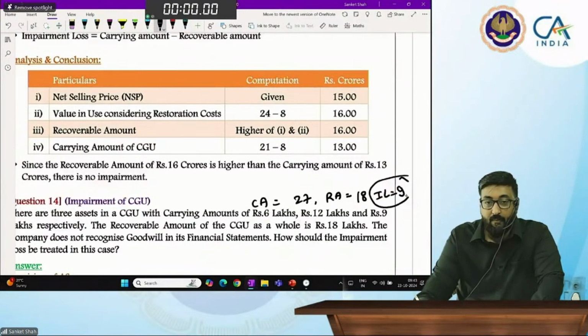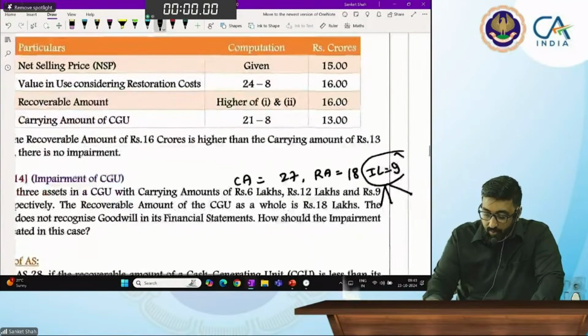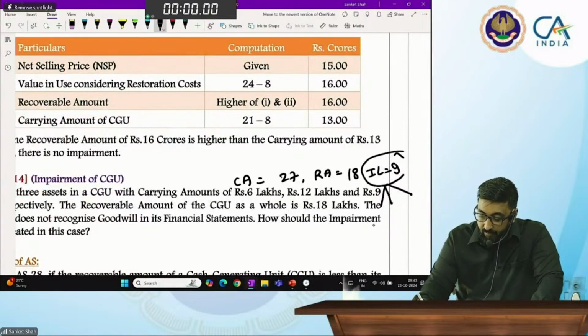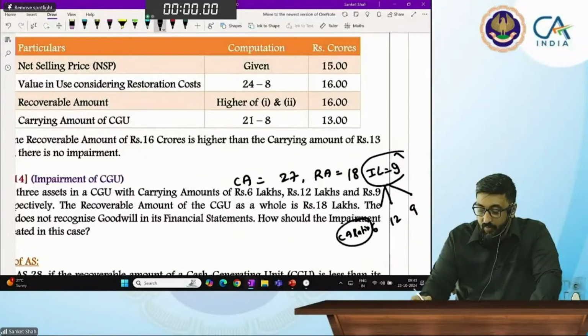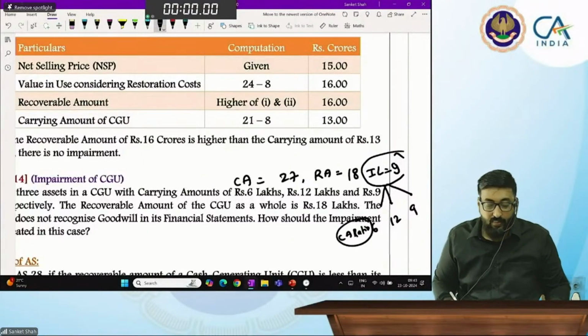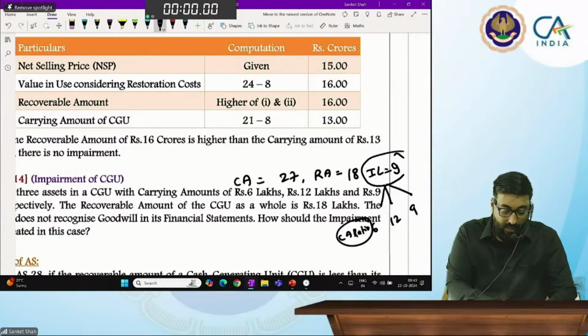27 minus 18, 9. 9 lakhs. And this will be divided in the ratio of 6:12:9 in carrying amount ratio. Got the concept? Yes, sir. So 9 lakhs will be divided. Take on calci. 9 divided by 27 into 6 is equal to